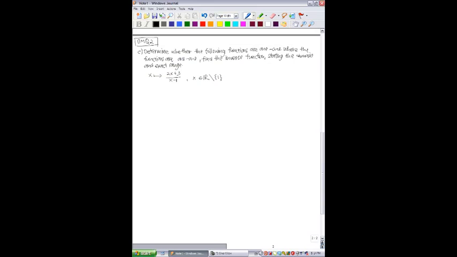So in order to see whether it's a 1-1 function, we first need to remember what a 1-1 function is. A 1-1 function just means that for every x there is only one y, and for every y there is only one x. Now because it is already said that it is a function, you don't need to check whether it is